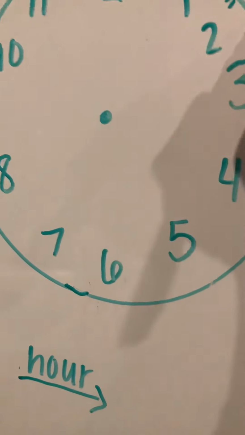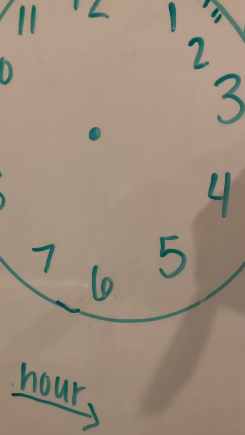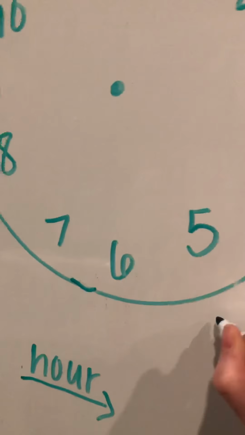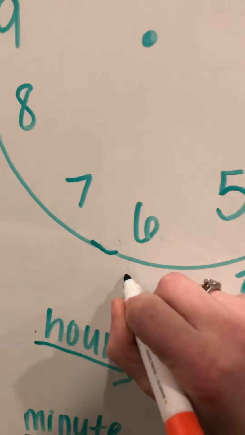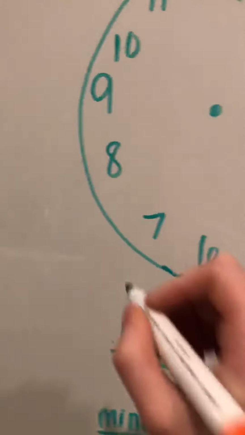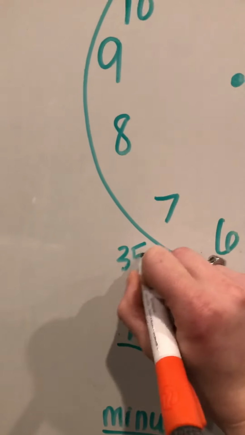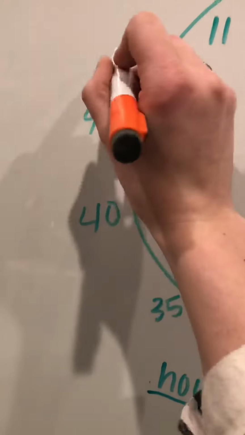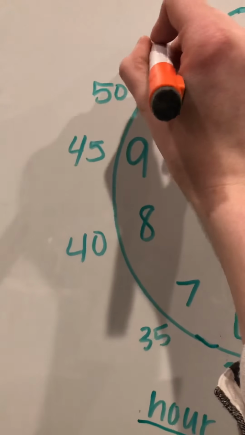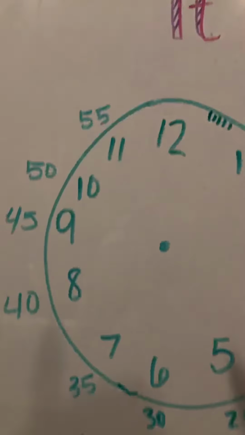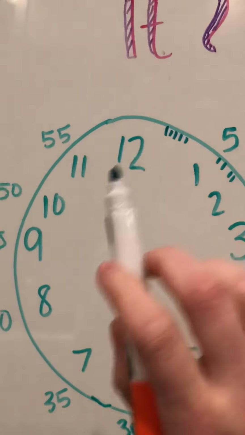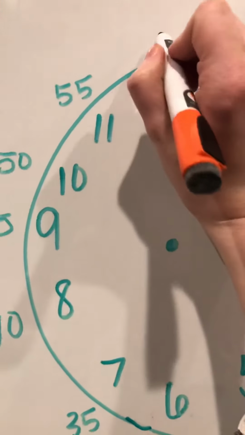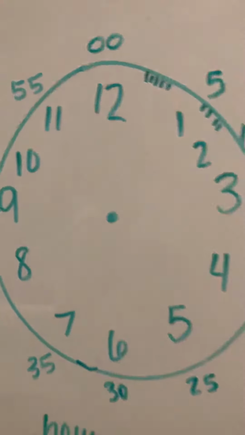So we have 5, 10, 15, 20, 25, 30, 35, 40, 45, 50, 55,